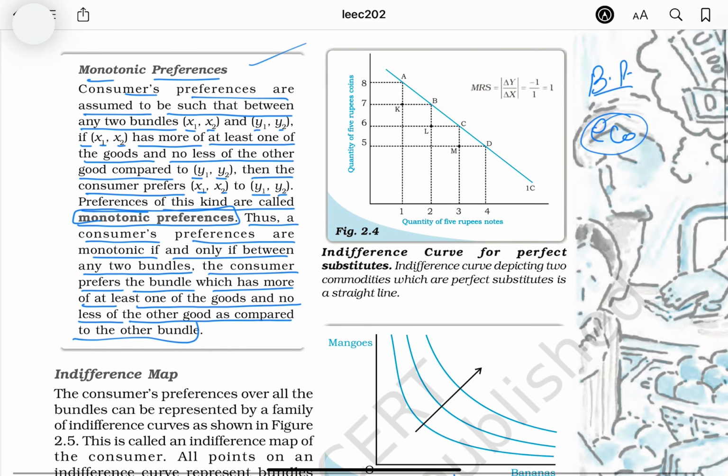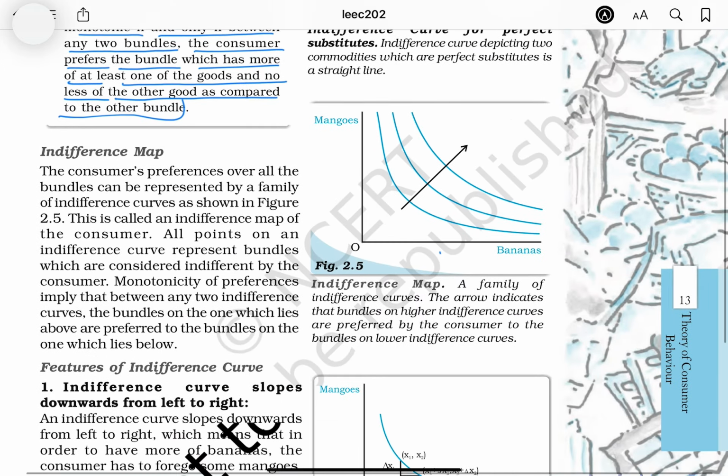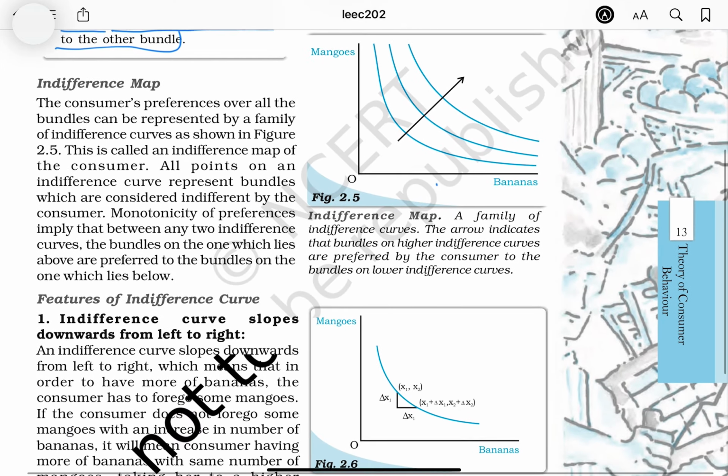ये पूरा ग्राफ बना के दे रखा है। MRS, delta Y upon delta X is equal to -1/1, answer 1 आ जाएगा। ठीक है, quantity of 5 rupees notes और quantity of 5 rupees coins। इनडिफरेंस मैप,